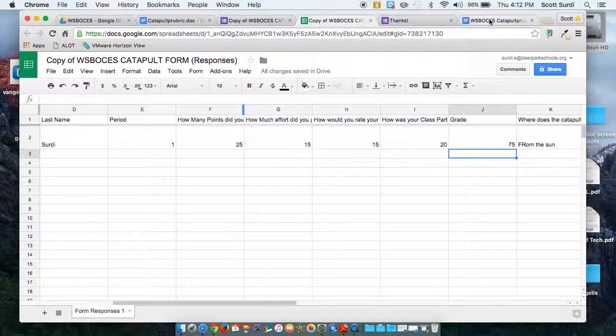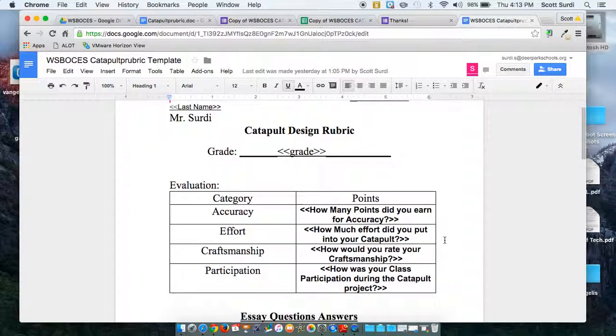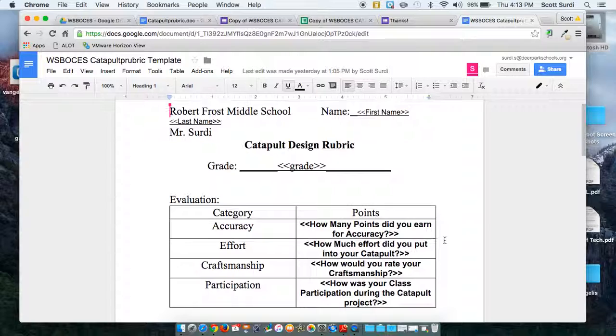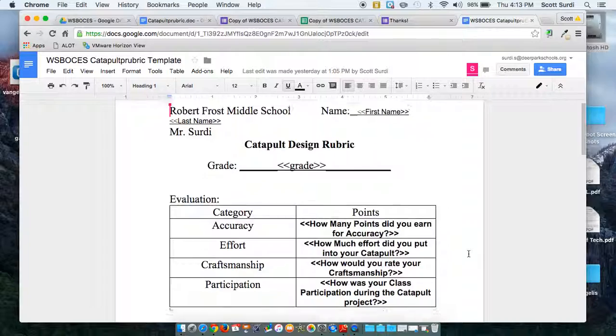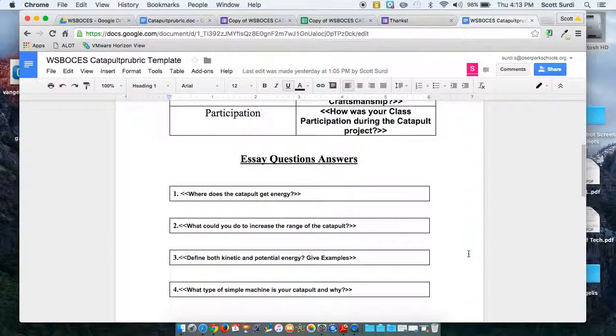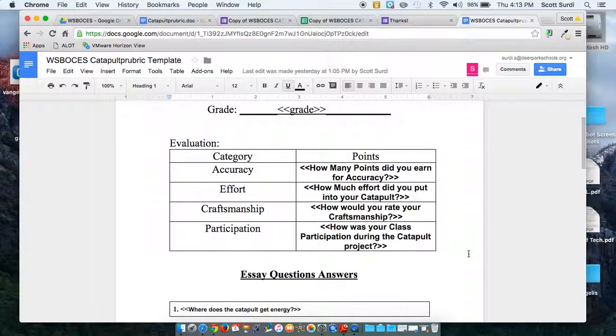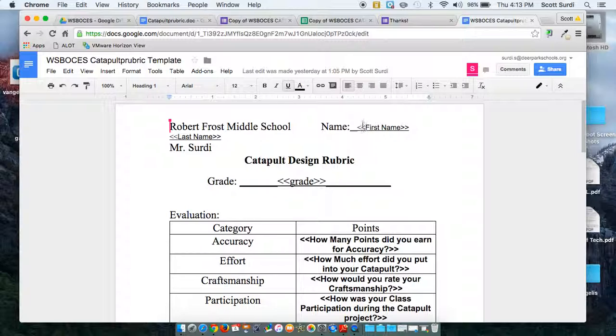But before you do that, you have to know what your output wants to look like. So right here, I created a template. And the template was basically pieces of what I showed you the other day earlier. And I kind of redid it to make it work better for this. And everything you see here in carrots corresponds to